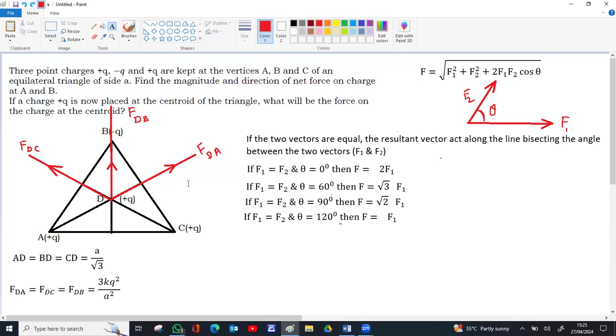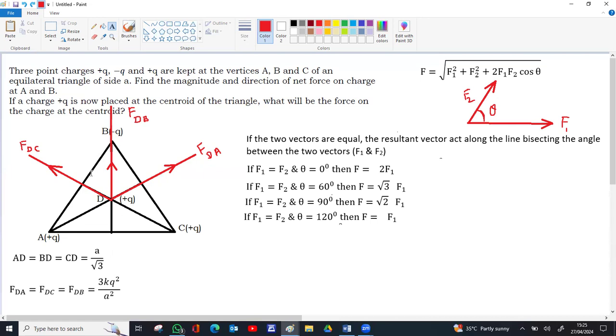Now here if you check FDA and FDC, they are equal and the angle between them is 120 degrees. For an equilateral triangle this is 60 degrees. All these are 60 degrees. So if you find correspondingly these three lines, the opposite lines, FDA line, FDC line, if you draw one line down, that